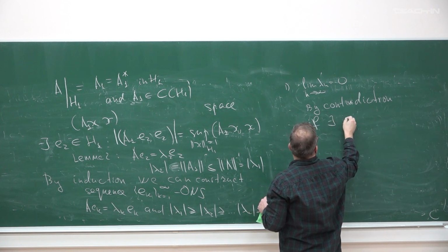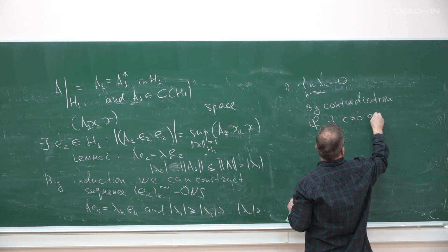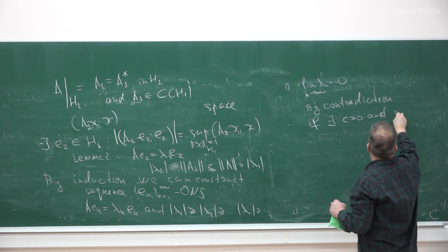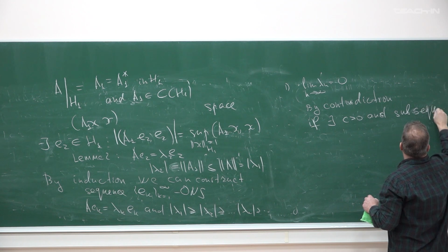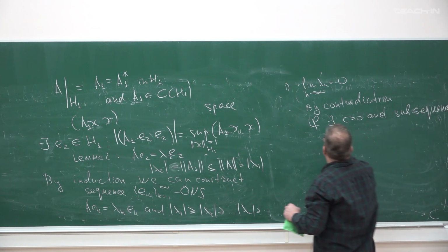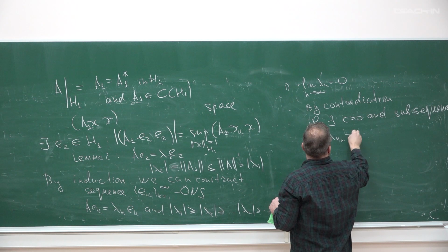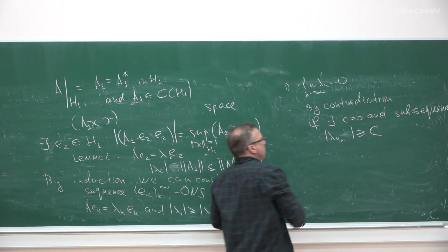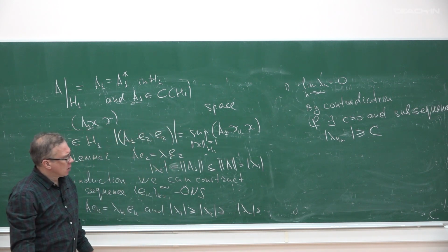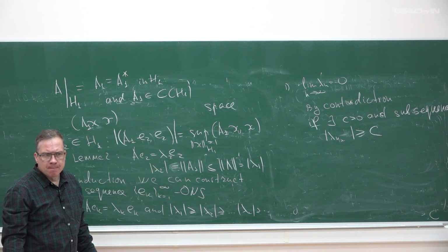Suppose there exists a positive number C and a subsequence such that the absolute value of lambda nk is not less than C. If such a number exists, then